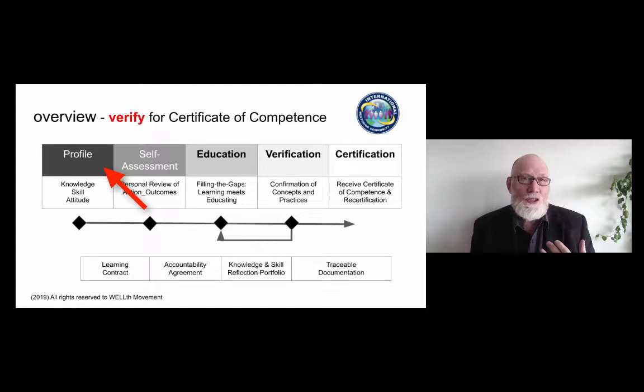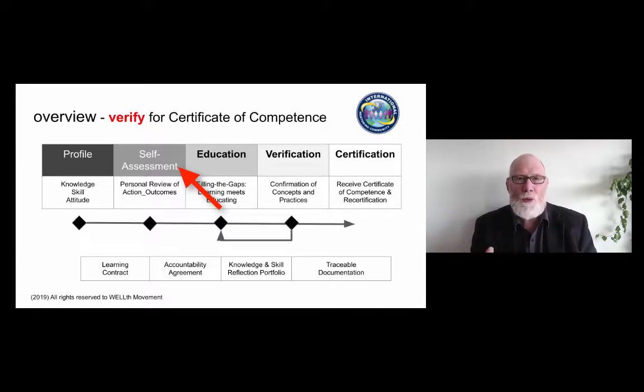It has 72 action outcome statements that were developed over a number of years using what's called a research development methodology. It's a way in which to ask a group of people and another group of people, another group of people to gain their insights about what would be the action outcomes associated with serving as a competent mentor. So that's the profile, that's our baseline, that's what we use to do the second part, which is the self-assessment,